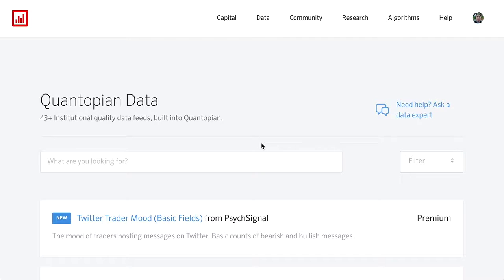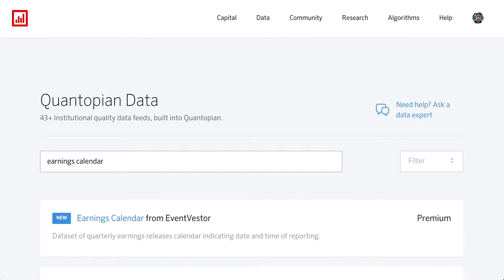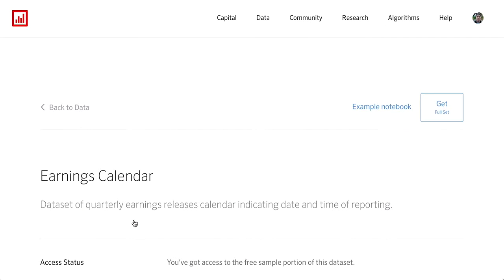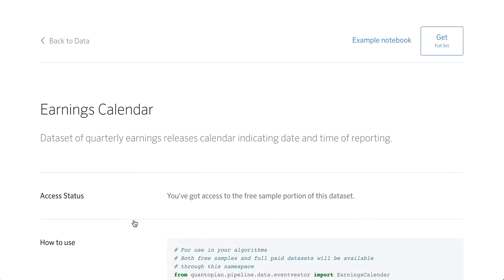So let's get started. First, you want to go to Quantopian data, which is over here. You click that, and in the search bar, you can type in earnings calendar. And the first thing that pops up is this earnings calendar data set from Investor. If you click that, it takes you to the home page where you can see the full details on what the data looks like,